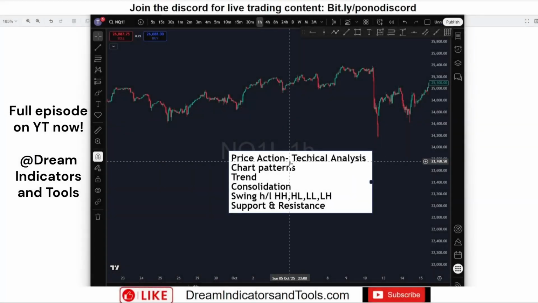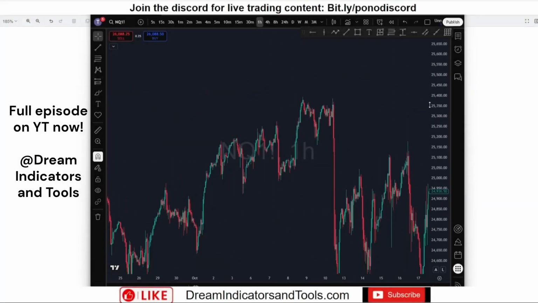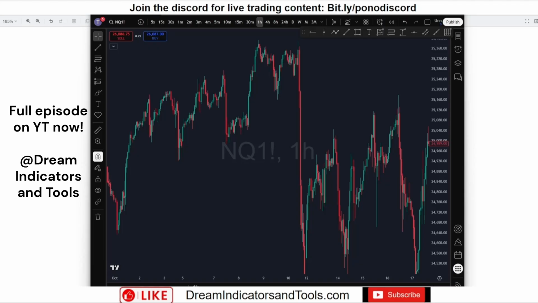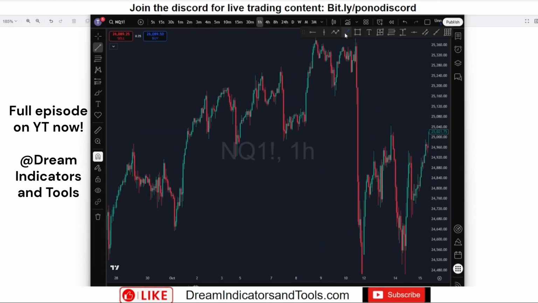Okay, so what does support and resistance mean? Well, just like we see here, usually highs oftentimes turn into lows at some point in time. So let's take a look at what that might look like. At some point in time, this was a really strong low because price came down and then zoomed all the